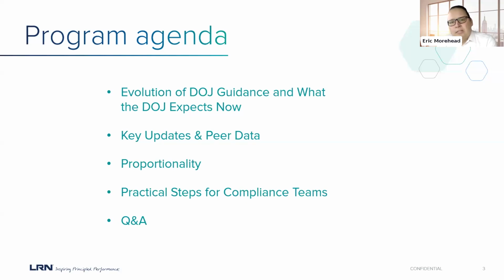We have seen this, often called the DOJ memo or the compliance memo, discussed quite frequently over the past few years. The first iteration came out in 2017, and we've seen several amendments since then. I want to talk a little bit about that history just because I know that many of you are experienced hands in compliance and are familiar with it, just as you're familiar with the sentencing guidelines.